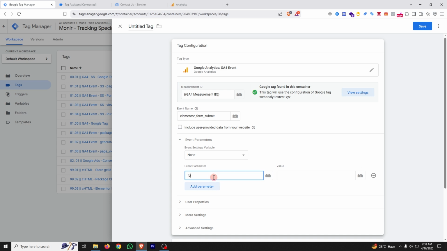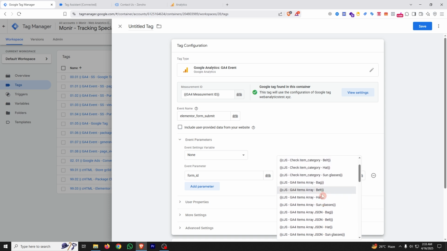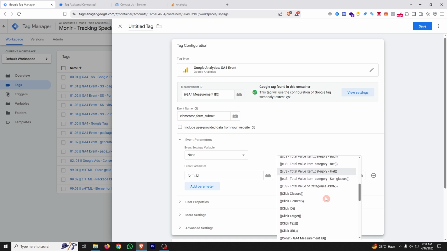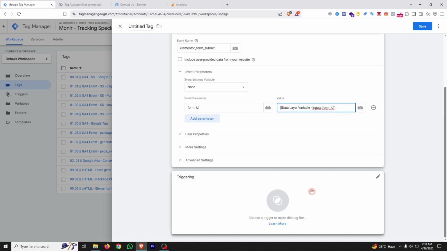We can give it a name, form ID, and in the value if we type two curly brackets, we will get all the variable names. And now we have created this data layer variable for form ID. Just select it